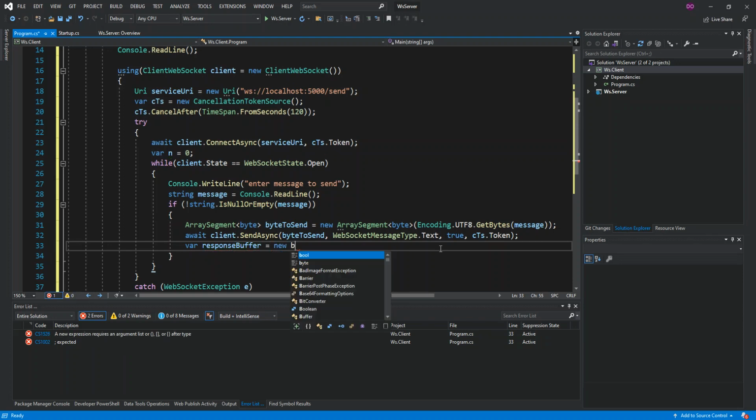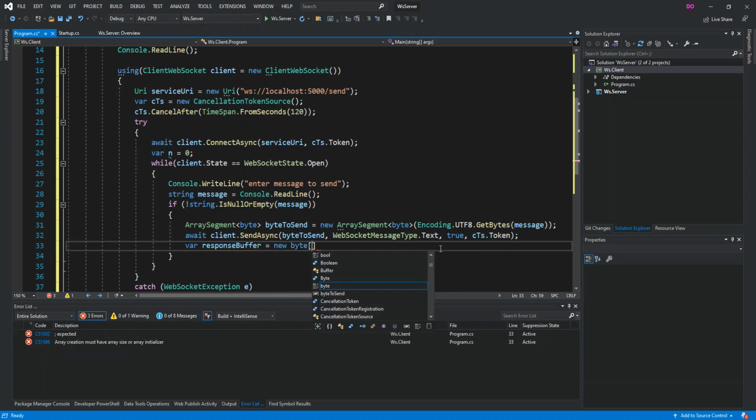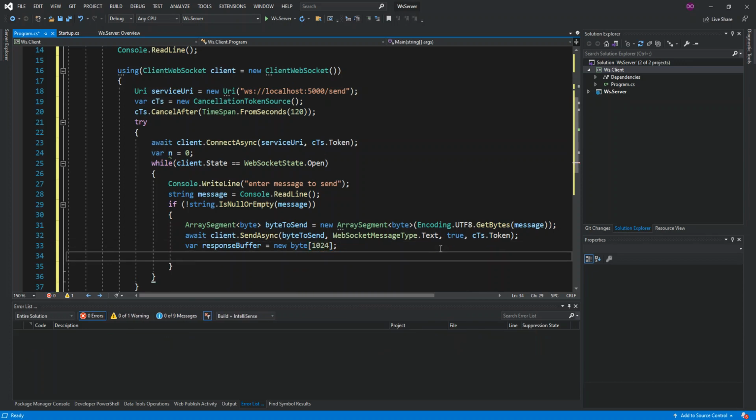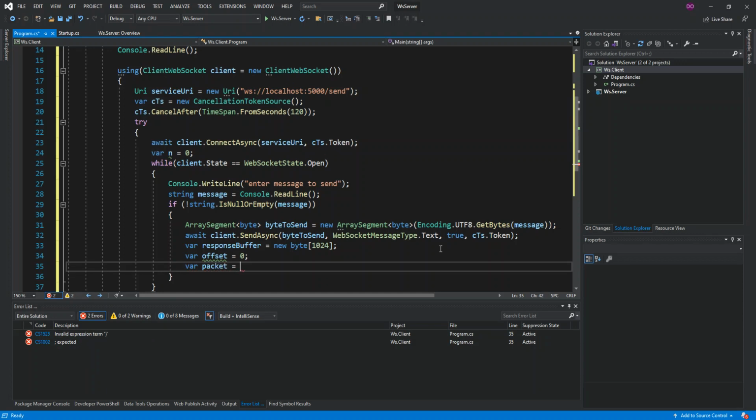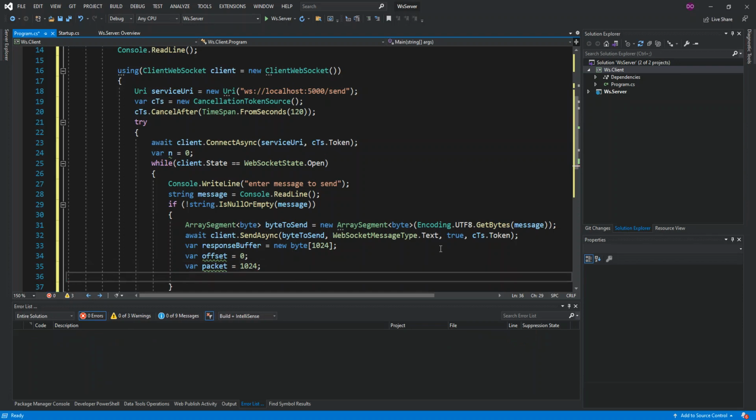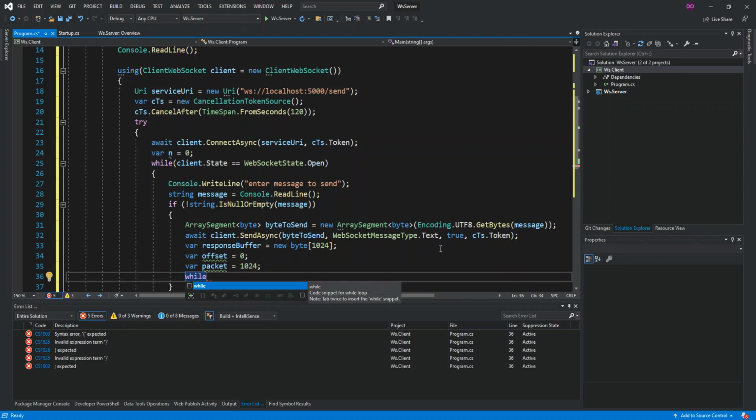This will be a new byte array that we initialize with 1024, and then our offset variable, we set that to 0, and then our variable, so this will be our packet size. We're just going to name it packet, so we're just going to also set that one to 1024, and then we put inside a while loop here. So while true,